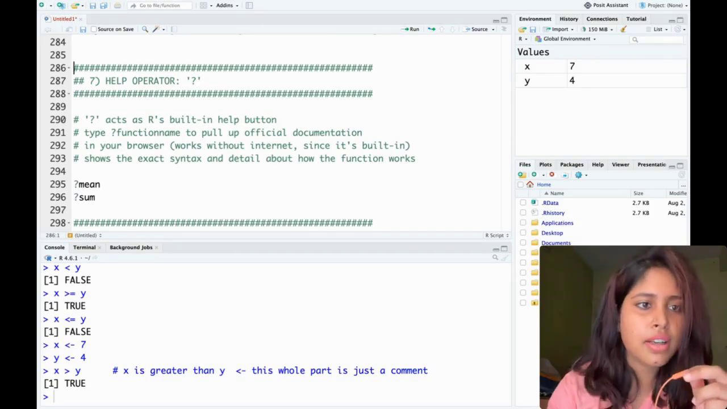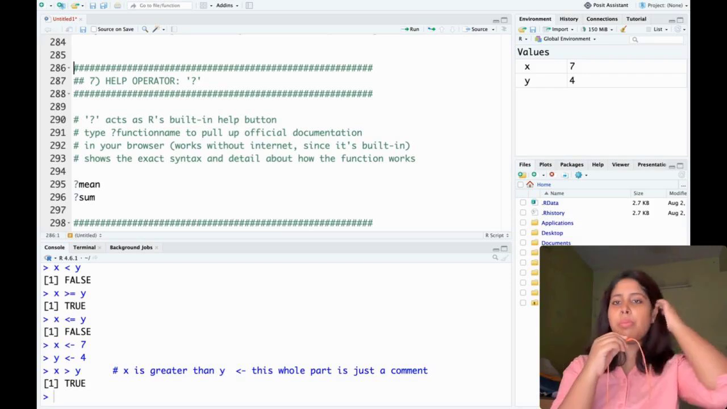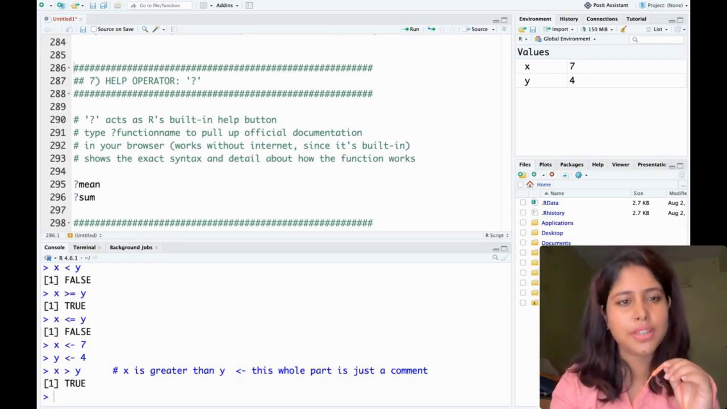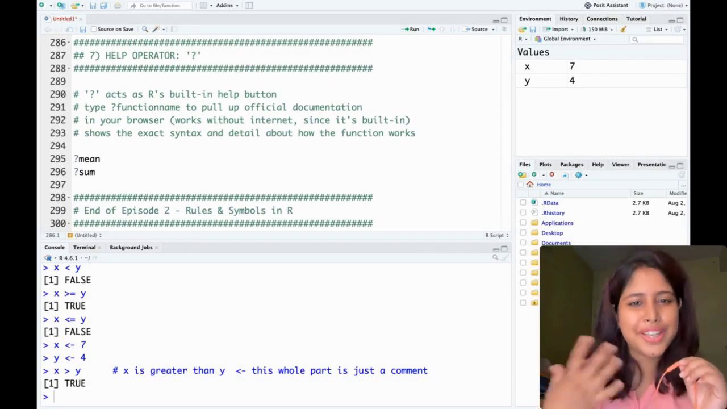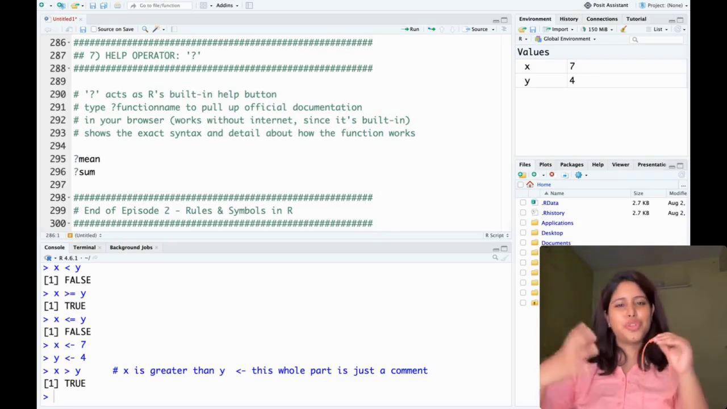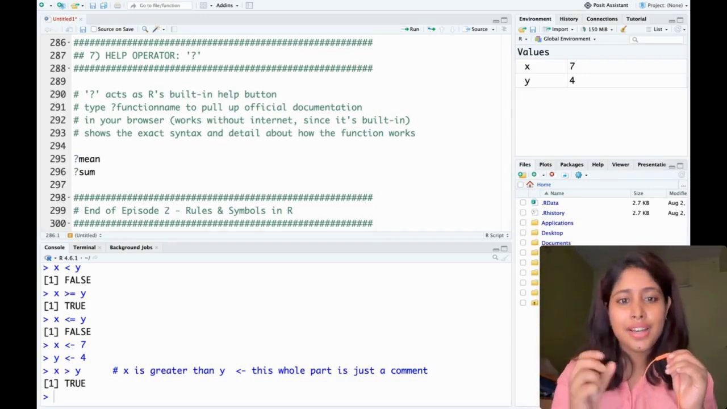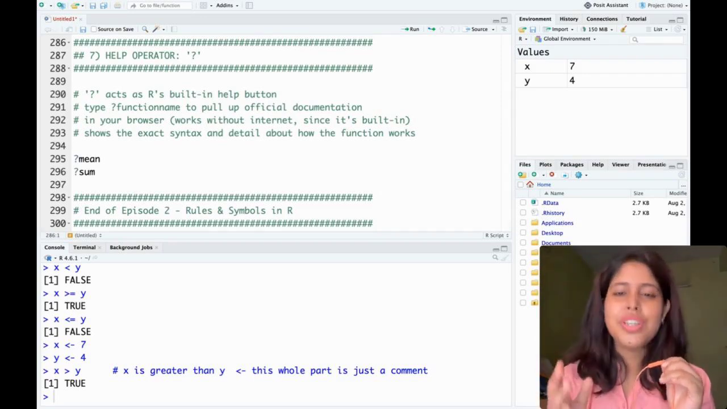Yes, this is segment 7, which is the help operator, which is basically our question mark. Now it is very nice to see that whenever you write a question mark before anything which you want to know, you get the answer. This is what basically